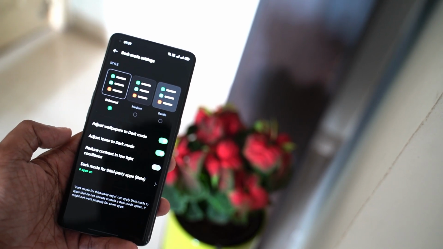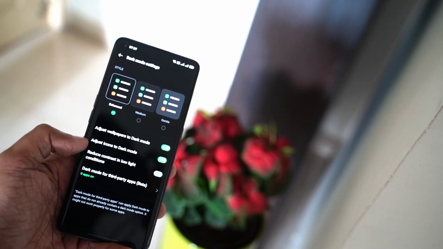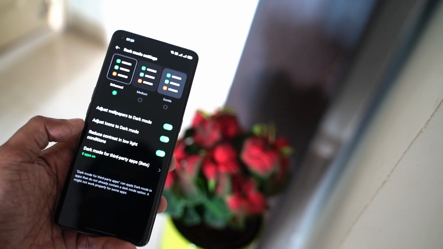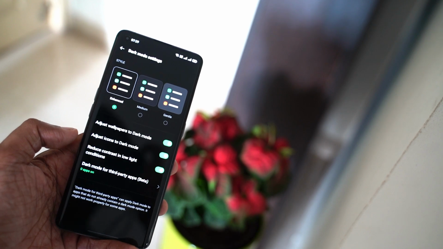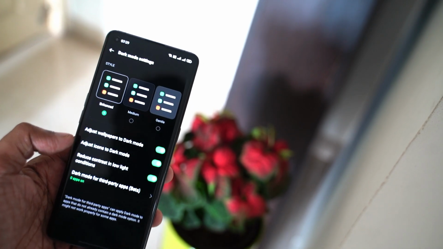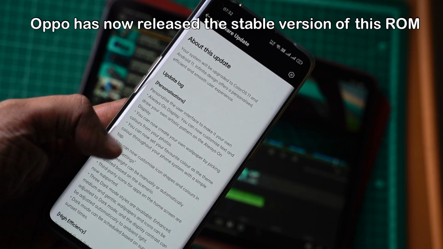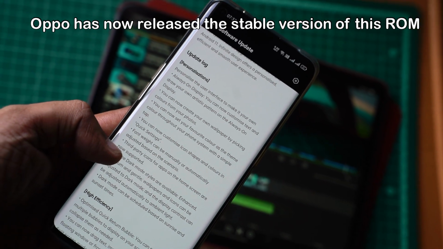And beyond that, there is a beta setting, which is you can force dark mode into most of the applications like Facebook, LinkedIn, even PowerPoint, Truecaller, Word, etc. So this is a beta feature and it may not work perfectly right now. So this advanced dark mode settings is really useful, and really I like this feature a lot.